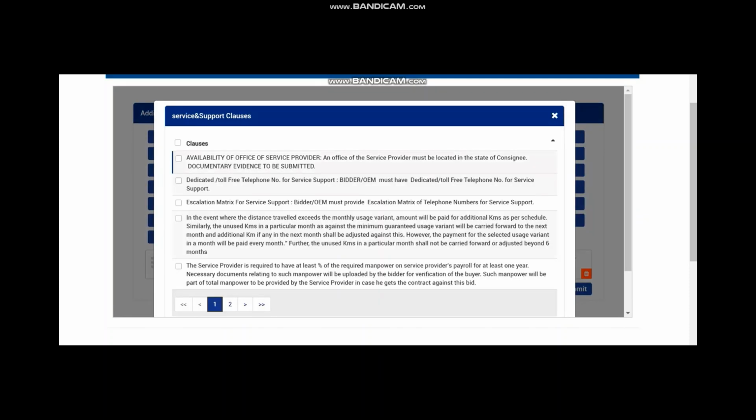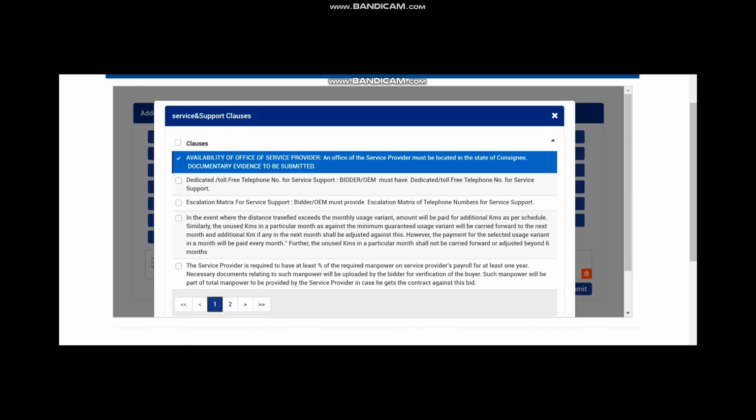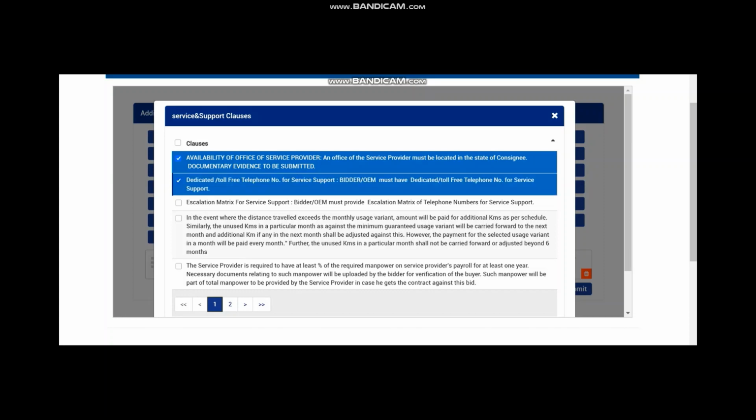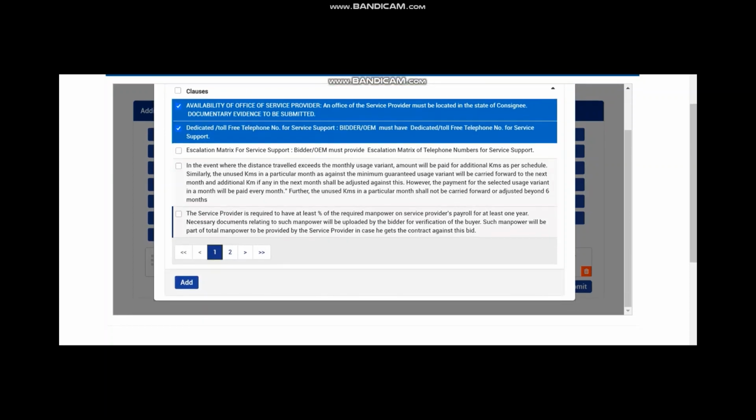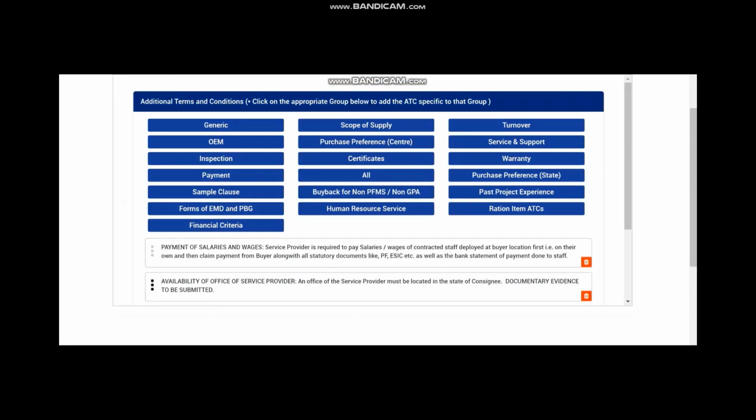Similarly, another important clause is availability of an office in your state and a dedicated toll-free number. These are the main terms and conditions you should add. There are some forms of EMD and PBG, all those things are there. So these are basically not very much required. These three things will do.